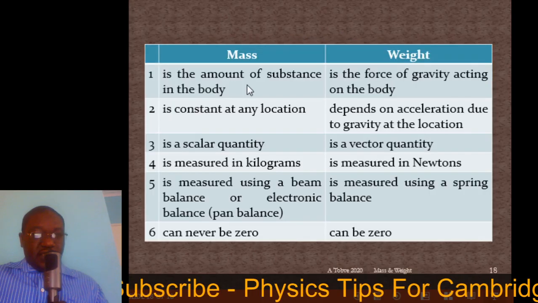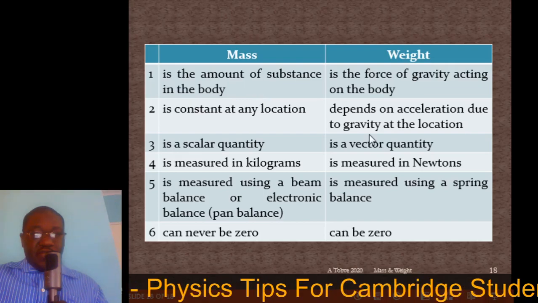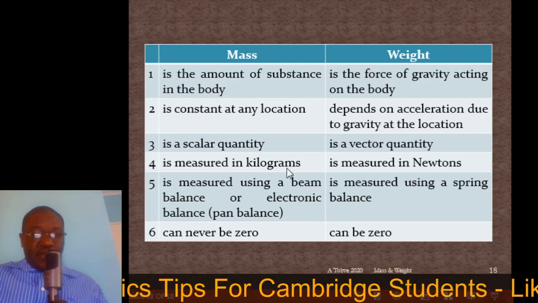Mass is the amount of substance in the body, quantity of matter in a body, we can say. Weight is the force of gravity that acts on a body. Now, mass is constant at any location, whereas weight depends on the acceleration due to gravity at the location, that is the gravitational field strength. Mass is a scalar quantity, weight is a vector quantity. So you know what a scalar quantity and a vector quantity is, right? Mass is measured in kilograms, whereas weight is measured in